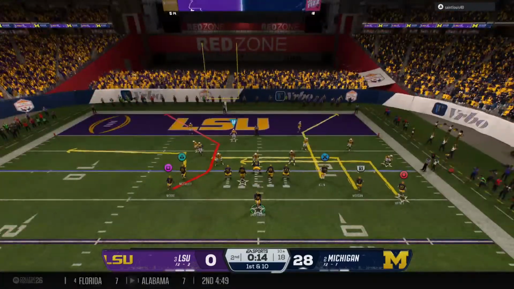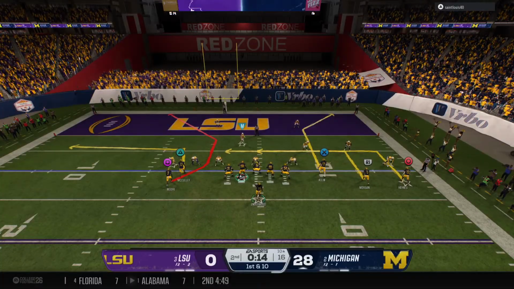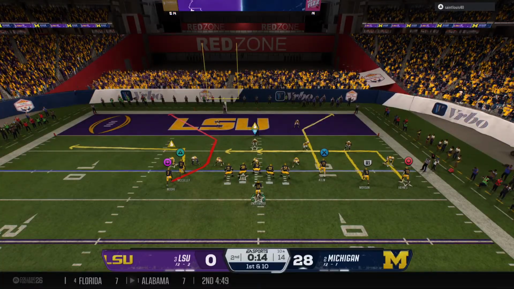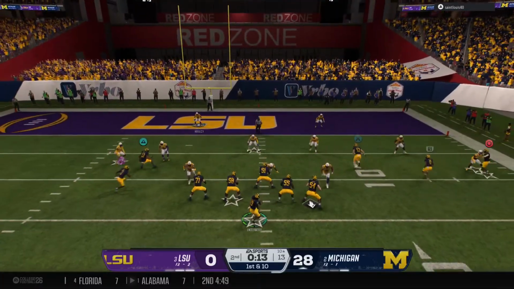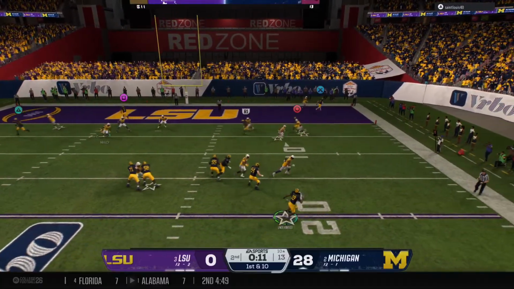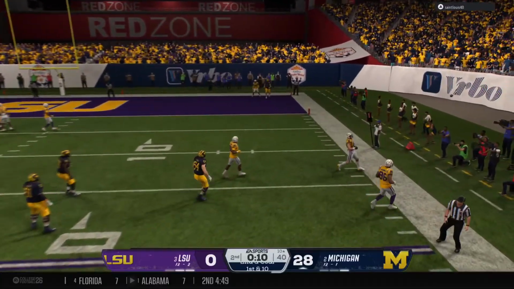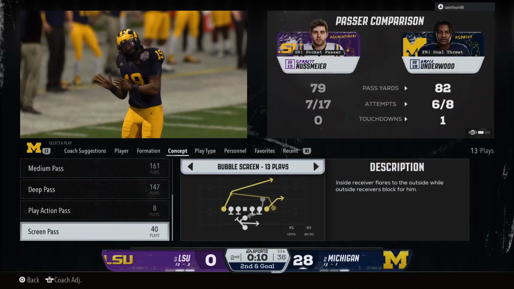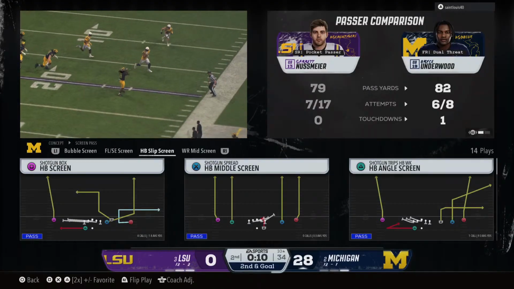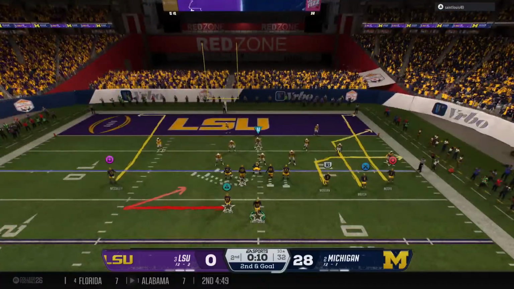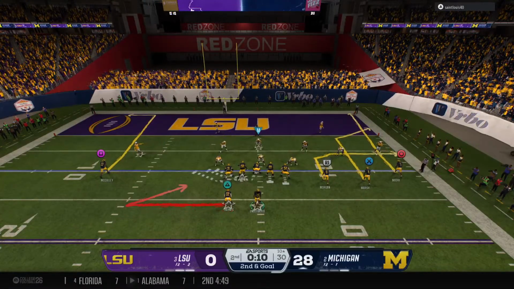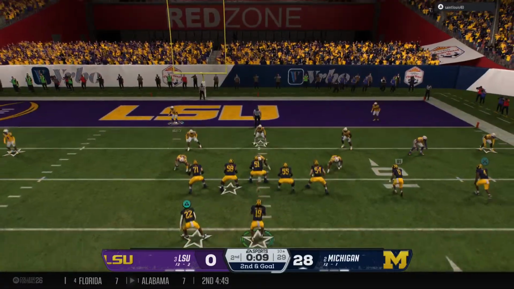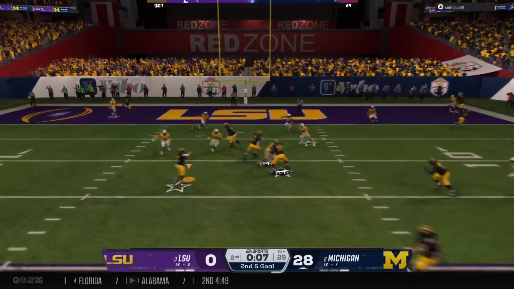So the offense looking to be efficient here. Not much time remaining before the end of the half. On 1st and 10 here, looking to throw the ball. Moves out of the pocket. And he just throws the ball away there and lives to play another down. That's a smart choice on first down. Yeah, I think that's a smart play. Goal to go is tricky when you're trying to throw it in there. And if it's not there, throw it away and live for the next down.